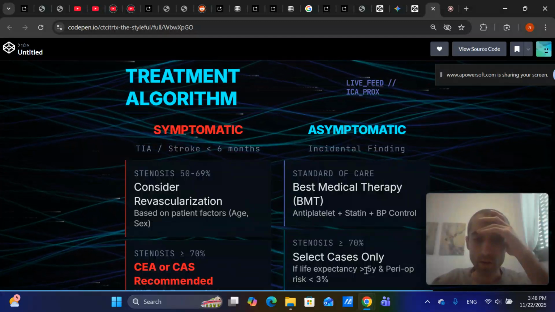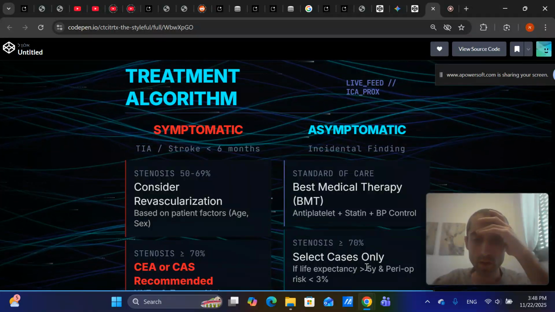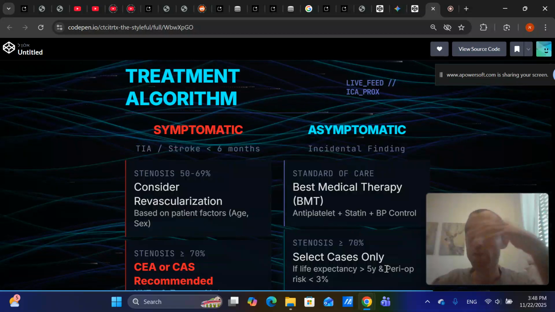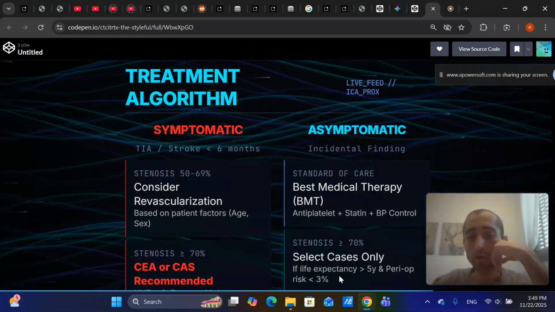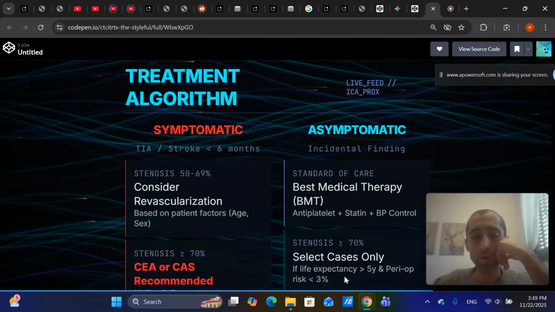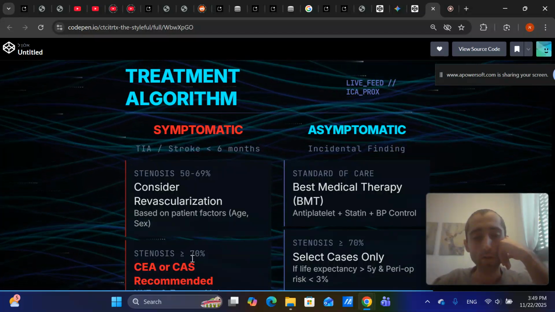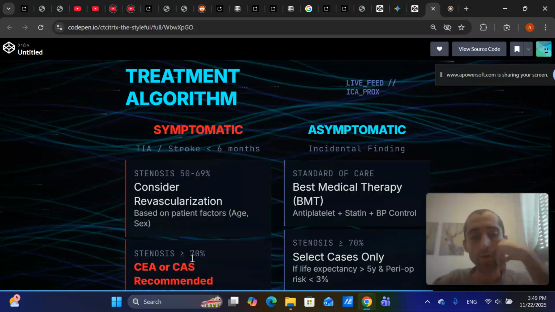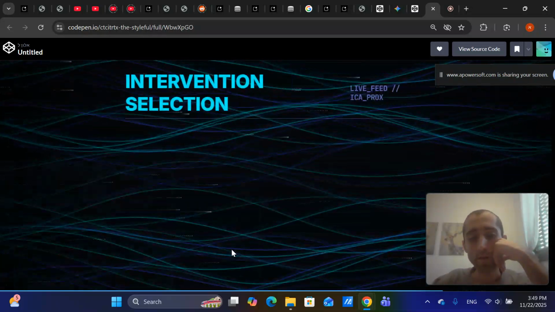And you can see that you need certain type of patient for this more than 70%, those with okay life expectancy, with low risk of surgery, because you are not sure that you will benefit those patients. Compare it to those with stenosis more than 70% symptomatic, you have a number needed to treat of about 6. So it's quite good